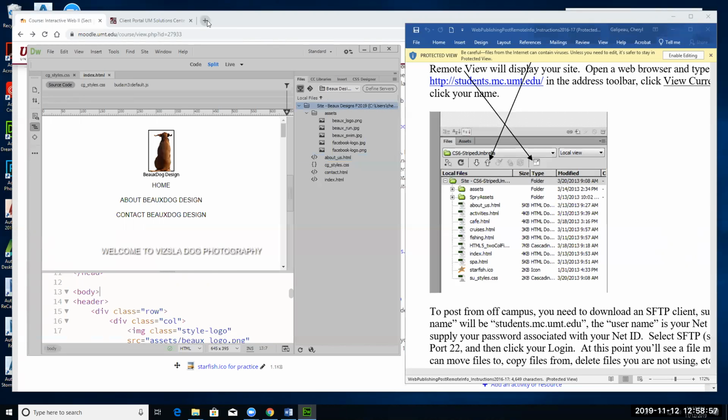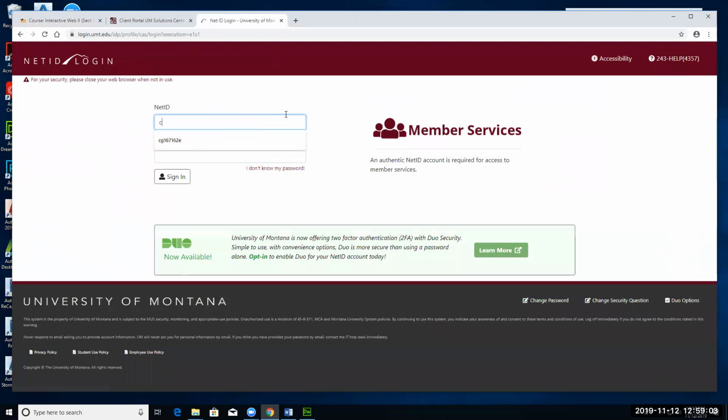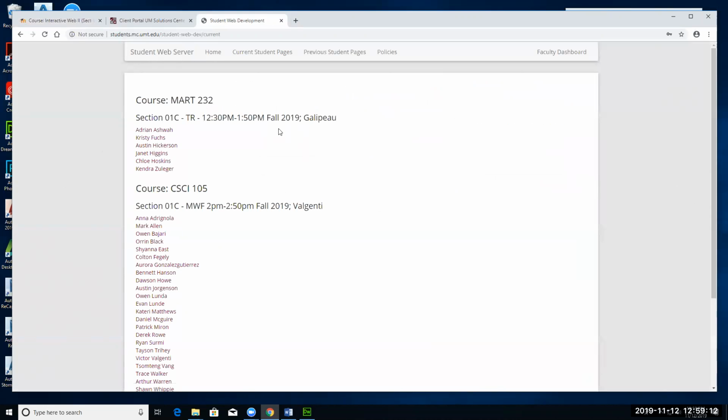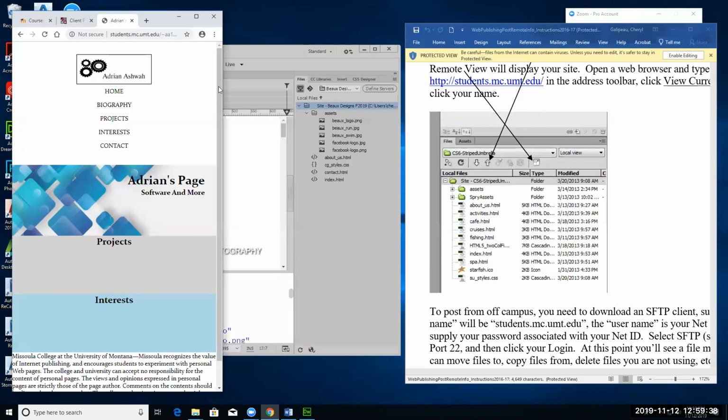So then to test the whole thing, I can go to students and I want to go to current. I need to sign on. And I find my... did anybody put, Kendra, did you put? Not yet. No? You did? Okay. So Adrian puts stuff up there, so you should see maybe only your index page. I don't know how much you have done. If you've got more than that, you can click to the other pages. But if that's all you have, then you can test it, and it looks like he's worked on his